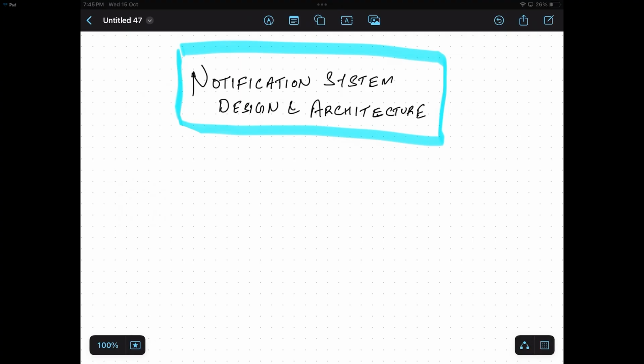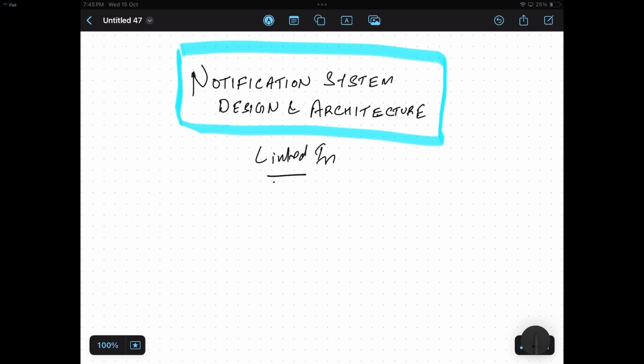Hi everyone, welcome to this lecture. This lecture would be very much interesting because we're gonna design the notification system completely from scratch. So you will learn what a working notification system looks like, how the data flow will work, and how the communication and the channels will work. We'll be creating the complete system design and architecture for a notification system, and we'll be taking the example of a LinkedIn-like application,